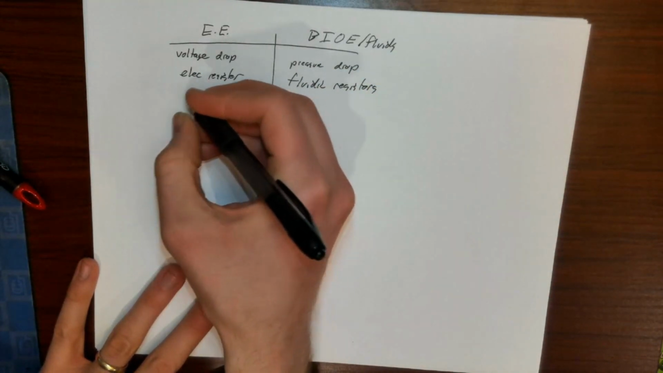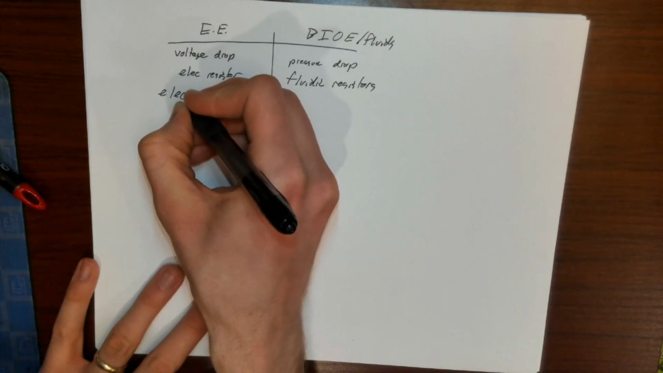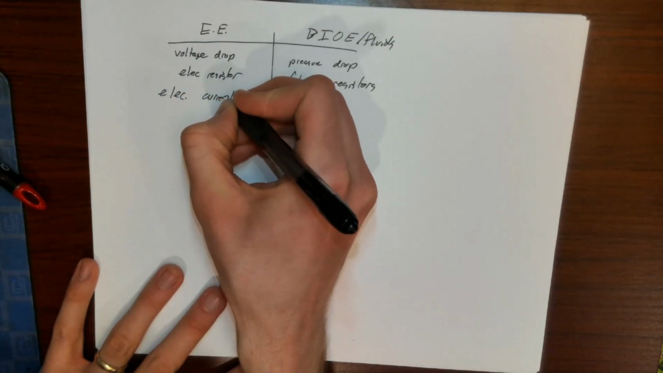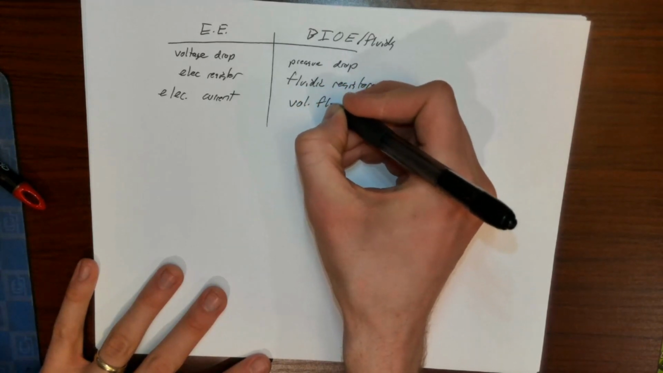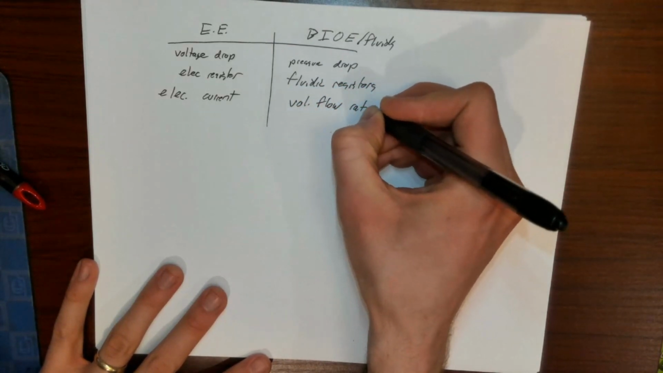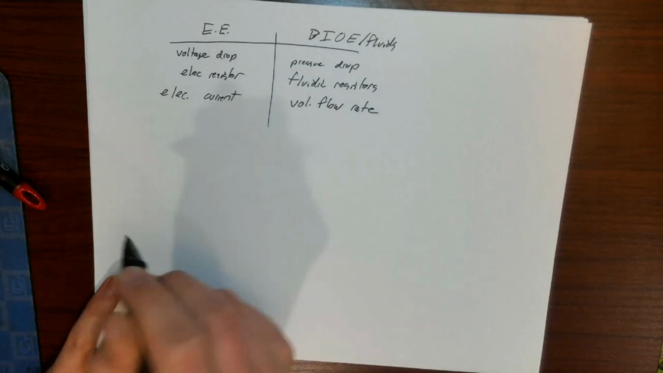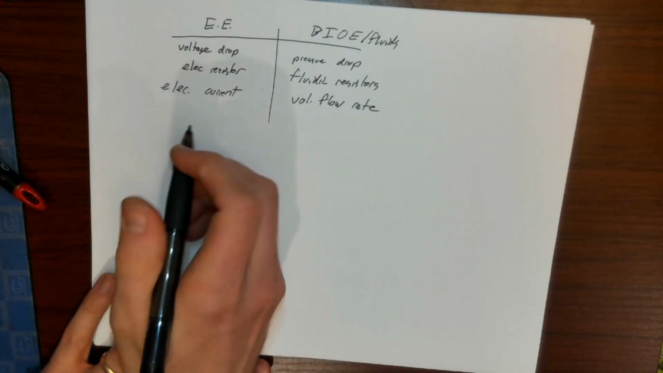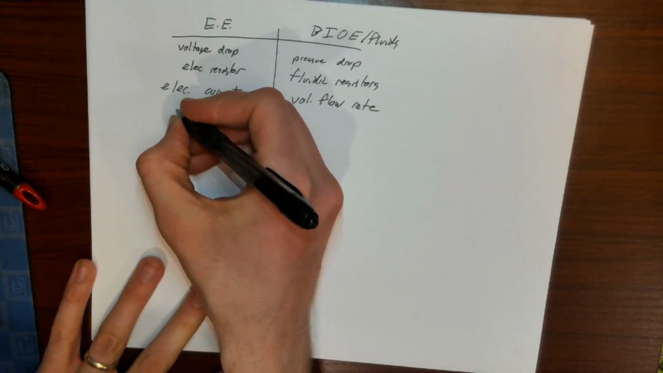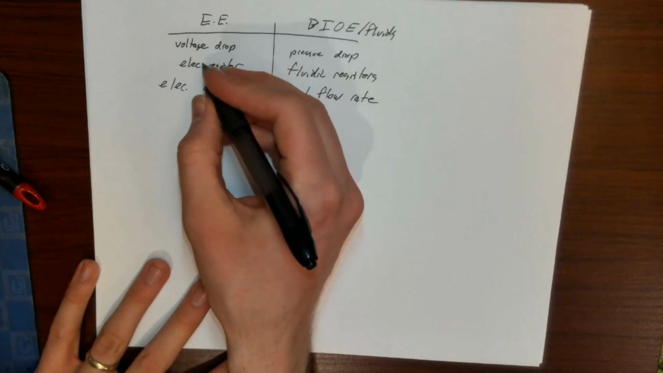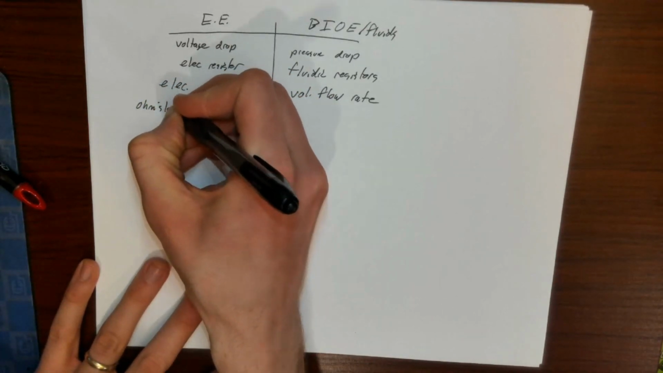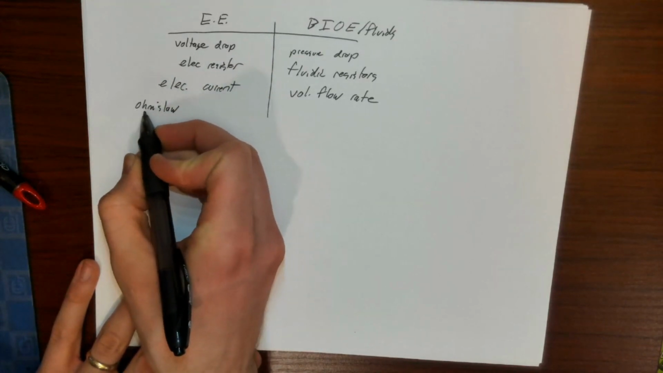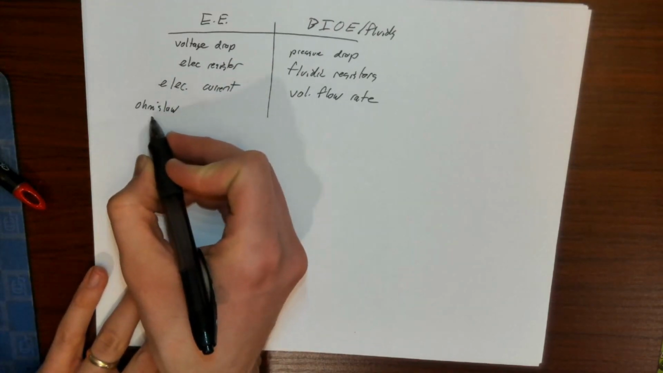In electrical engineering, we talk about electrical current. And in bioengineering, we talk about a volumetric flow rate. So these things are essentially analogous to each other. In electrical engineering, we use Ohm's law. It's not Ohm's law like Cold's law. It's Ohm's law,